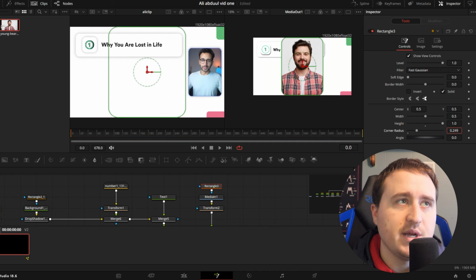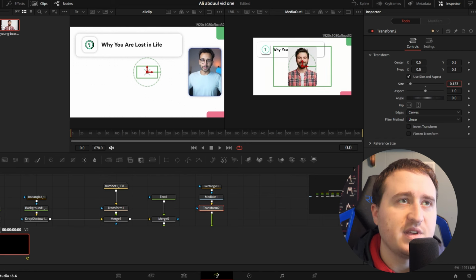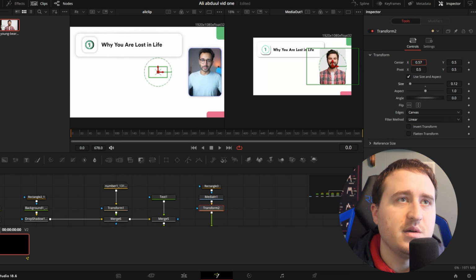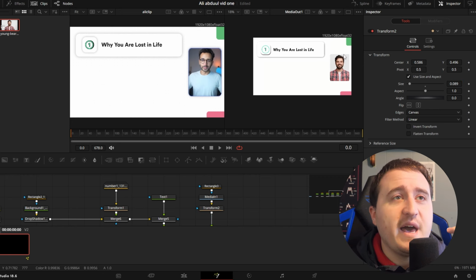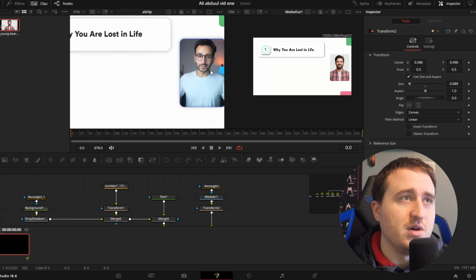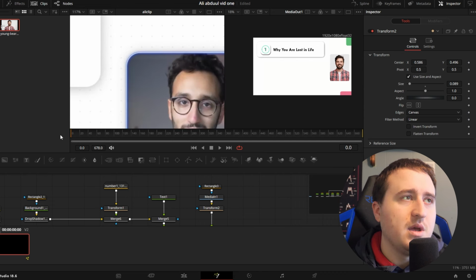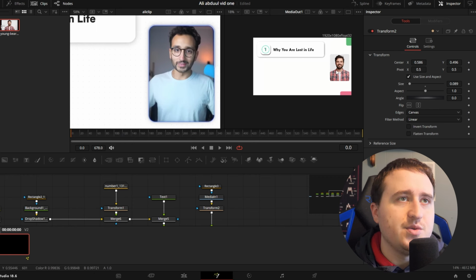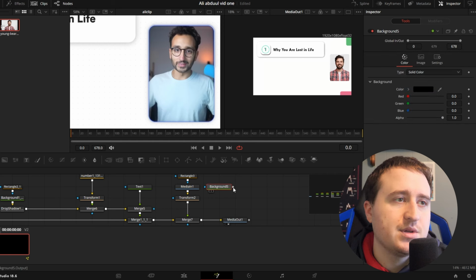So we're just going to make the corner radius a little bit better. So maybe like 0.139 looks pretty good. We'll even bring down the size a bit to more match Ali's video. And then you just have to position him wherever you want on frame. We'll bring the size down a little bit more because it looks like he doesn't quite fit. But then you've got that, and essentially he's just got some sort of border around here. So we can also make a border that goes around here. He's got some type of gradient on here, so we'll just make a background. We'll merge this in,